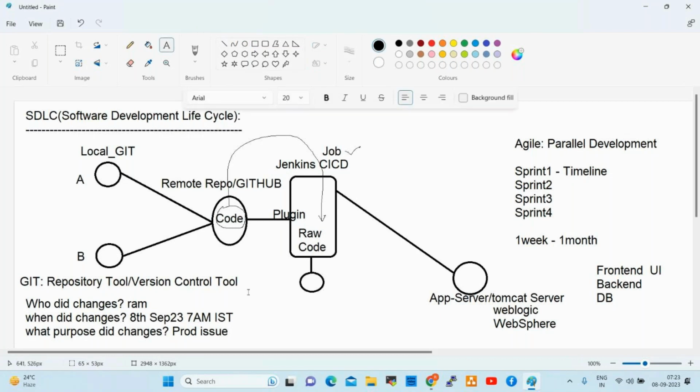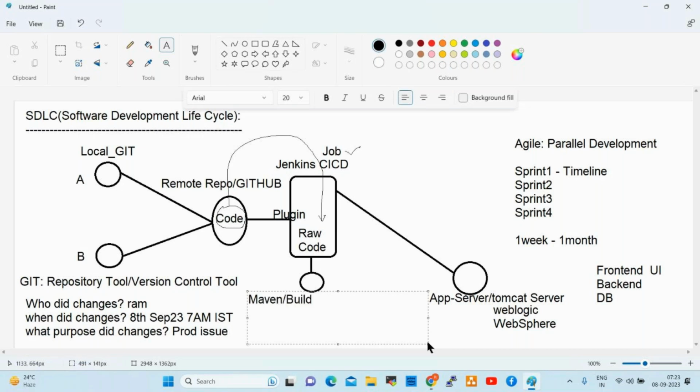What is Maven? What will Maven do? Maven is a build tool which will generate artifacts, right?